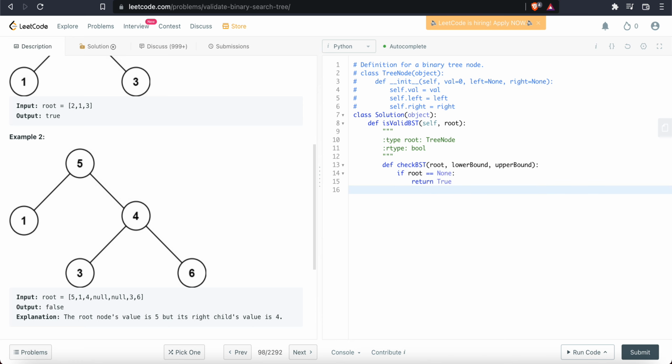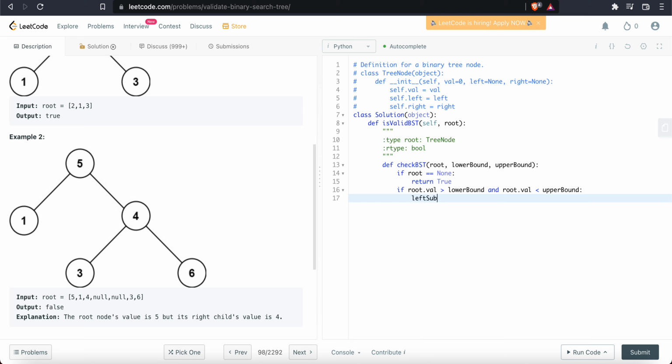That'll be our base case. Now, if root.val is greater than the lower bound, and root.val is less than the upper bound, then that's when we check